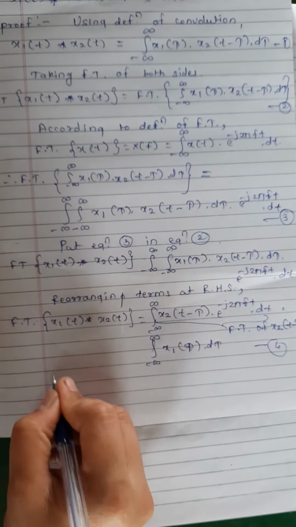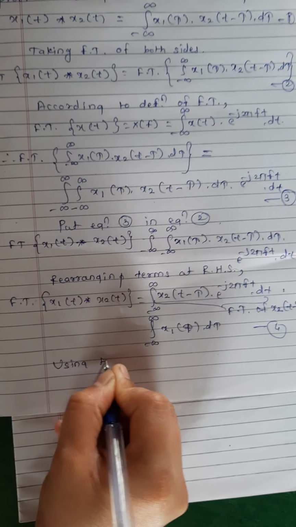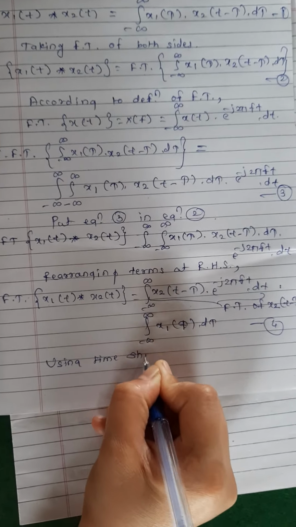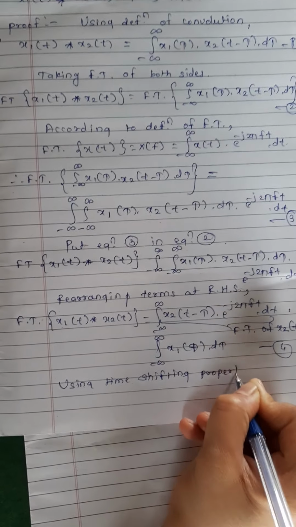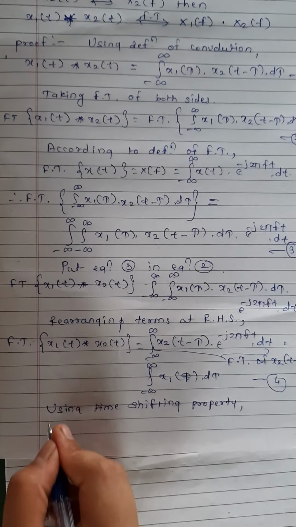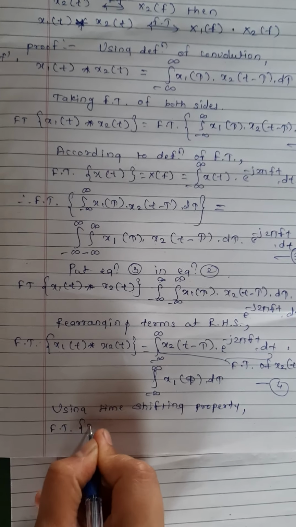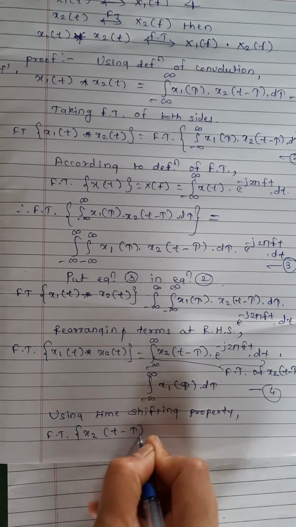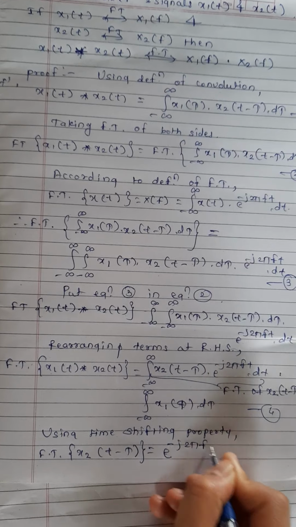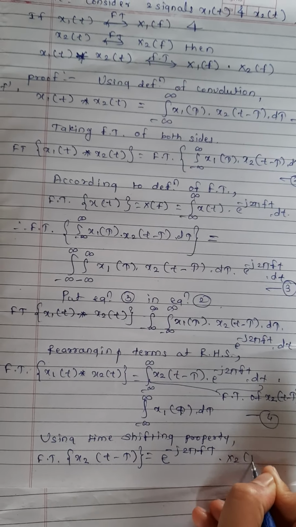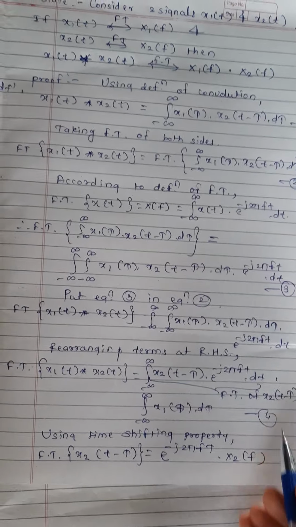So using the time shifting property, Fourier transform of x2(t minus tau) is equal to e raised to minus j 2 pi f tau into X2(f). So equation 4 becomes